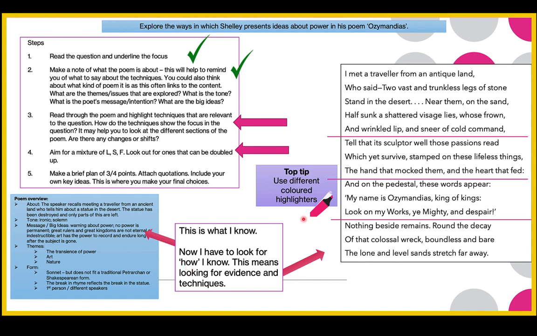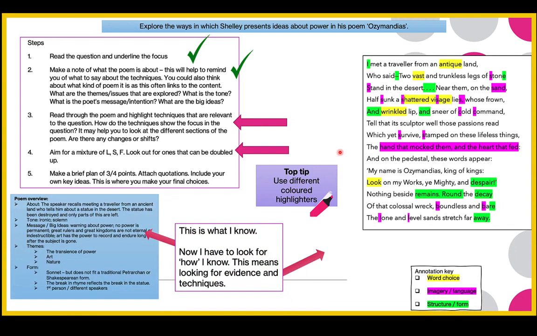You'll also see that I've decided to just separate my poem where I think that different things are being spoken about, or we've got a shift in terms of what is being described. That also helps you. You may decide, okay, I would like to have quotations from all the different sections rather than just maybe picking one section.